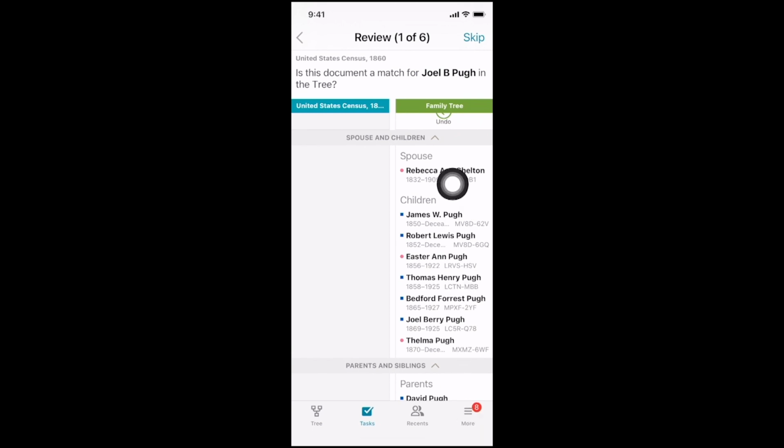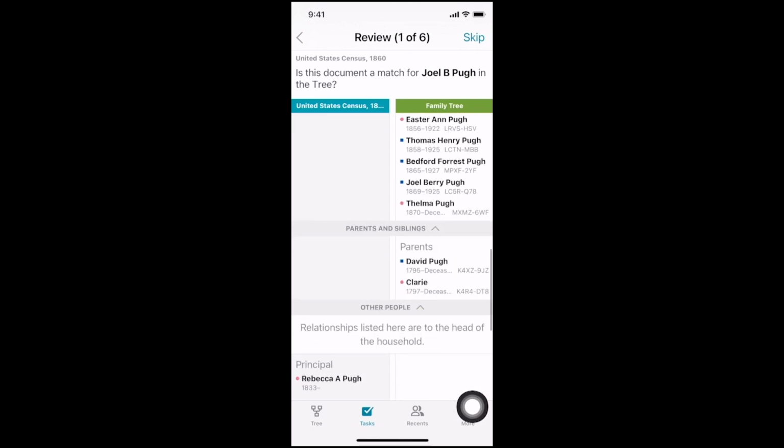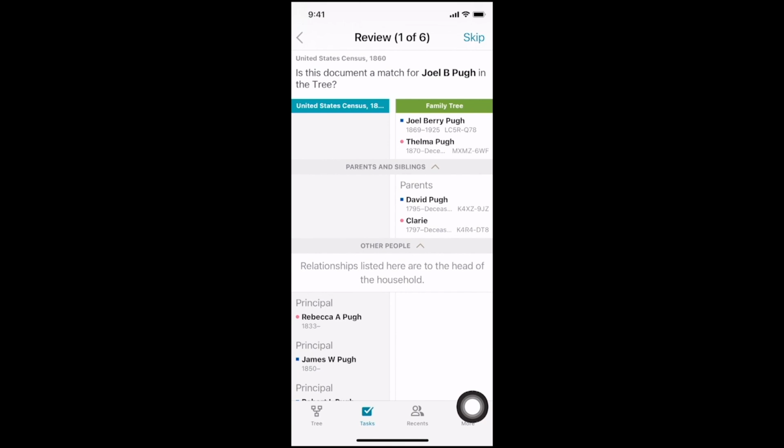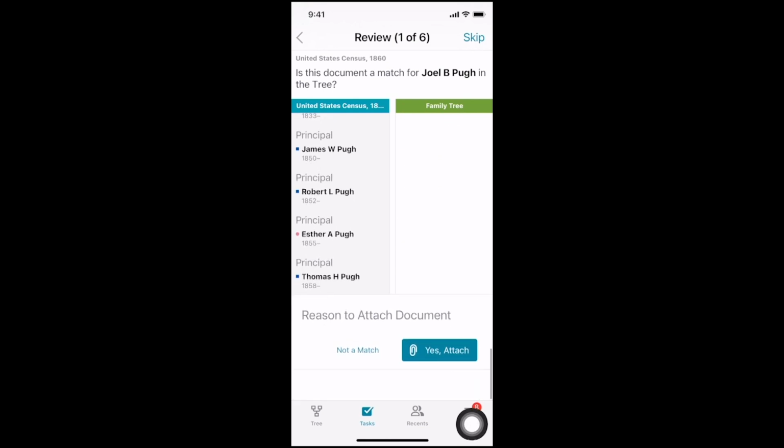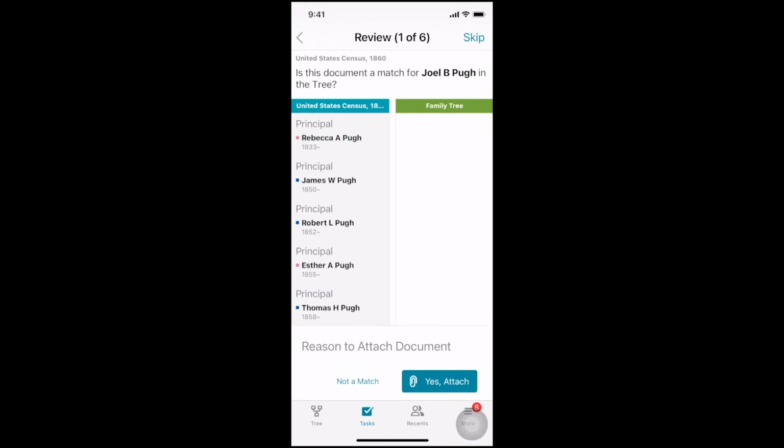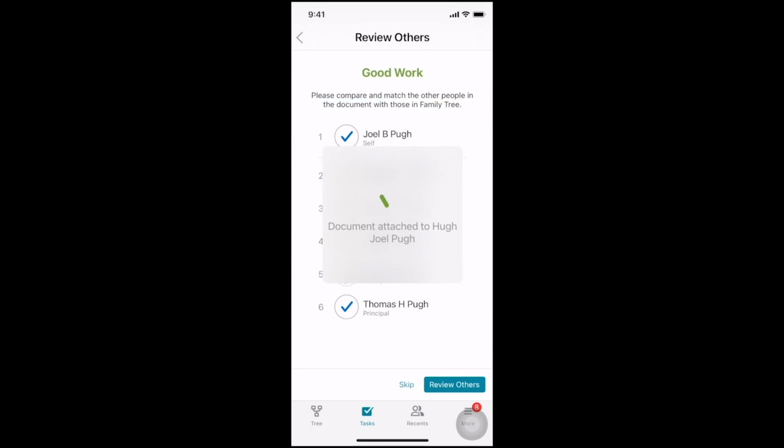A lot of times you'll get information about the children and spouses, and here it says the spouse is Rebecca Ann Shelton, and over here it says Rebecca A. Pugh, which is probably the married name of Rebecca Shelton, and the children says James W. Pugh, and we have a James W. Pugh up here. So if you scroll down, you're going to say, yes, I think I'm going to attach that,